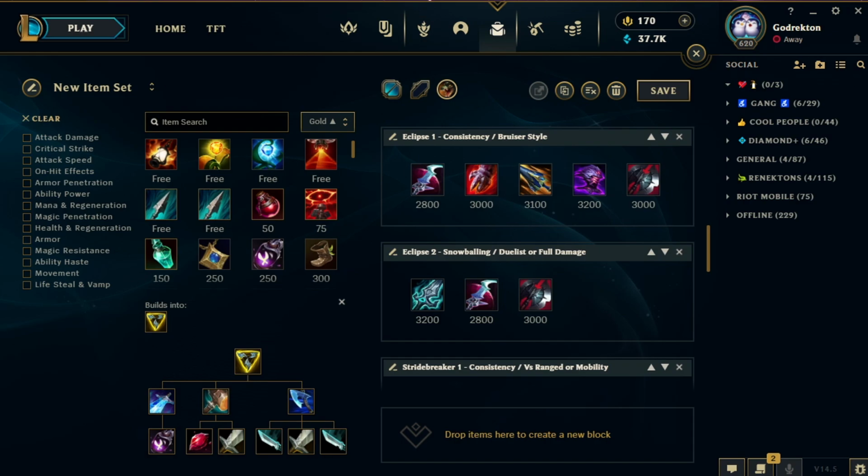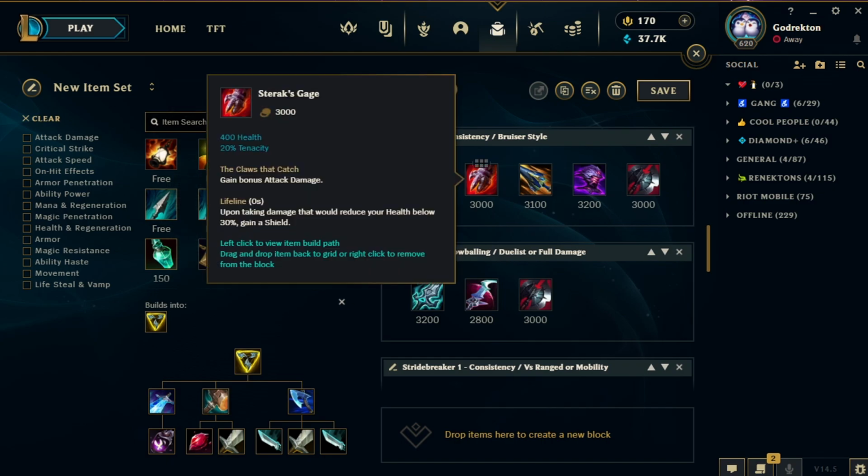Right now, I think objective taking, at least in high elo, and it's always kind of been like this, is incredibly important, right? And Renekton needs health. He needs items that keep him alive and make him a threat that is consistent through the whole fight, and incredibly hard to kill. At this point in the game, if you get a Styrex second item, where you need to play for dragons and team fights and abuse the lead that you gathered in top lane, Styrex completely 1v9s fights, because it gives you 400 health, it gives you tenacity,